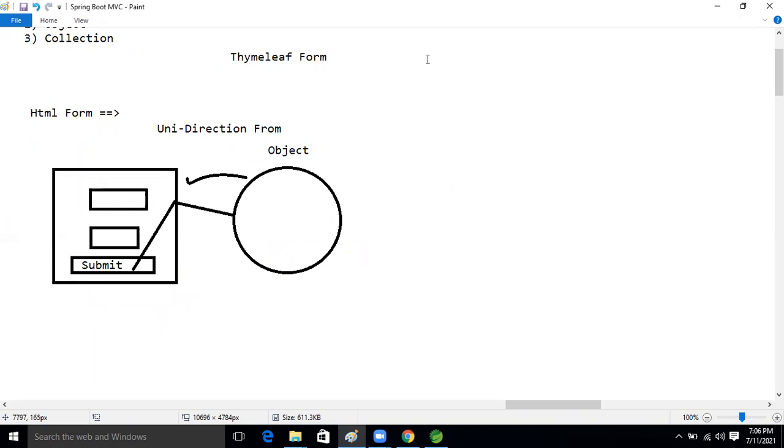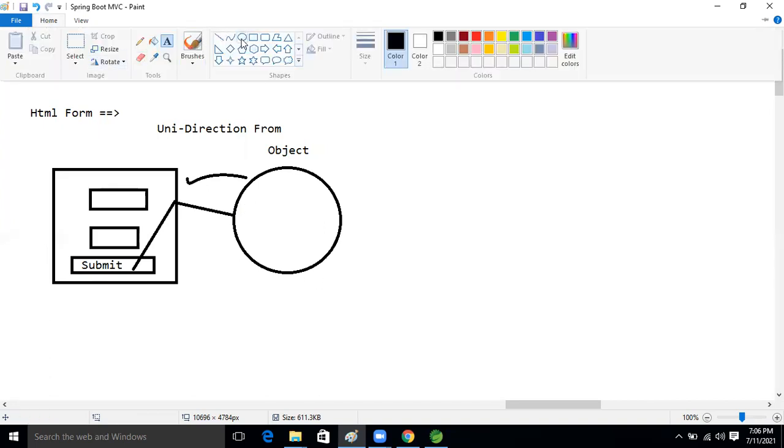But if in the future our need is to convert object data into the form also, right?